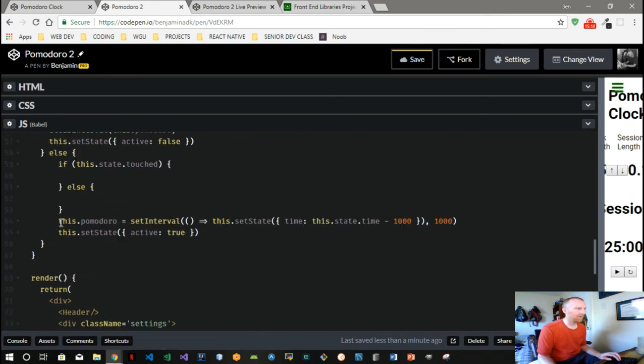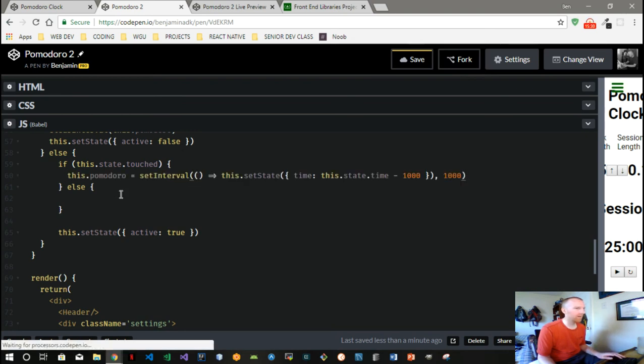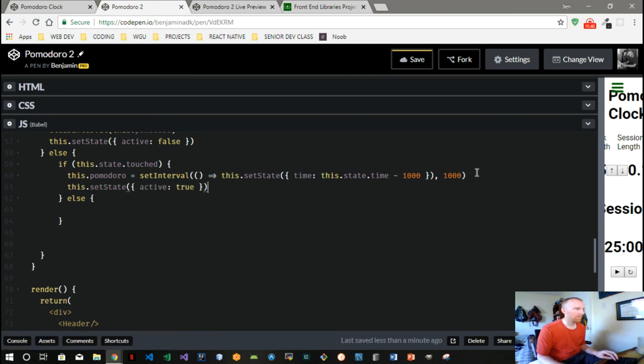If it's touched, meaning someone's already started their timer the way they want it with whatever session is, we'll just call this.pomodoro, and set active true. However, if it hasn't been touched, we're going to say